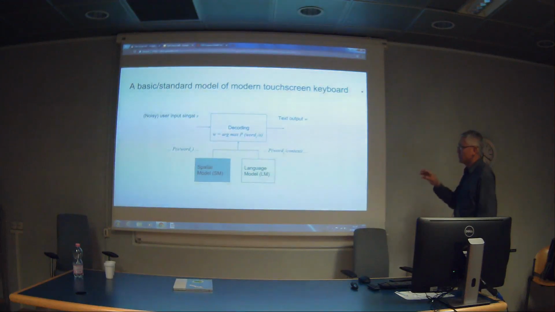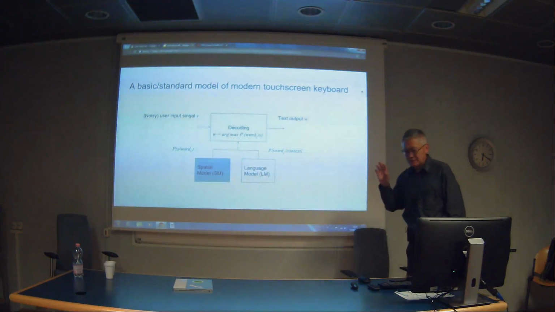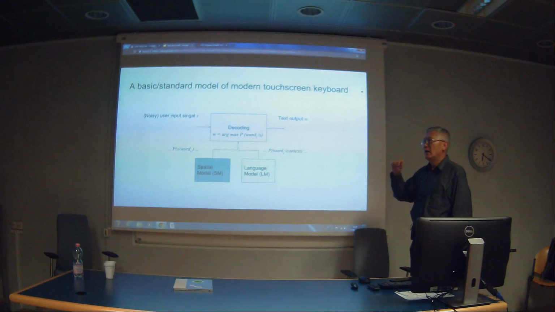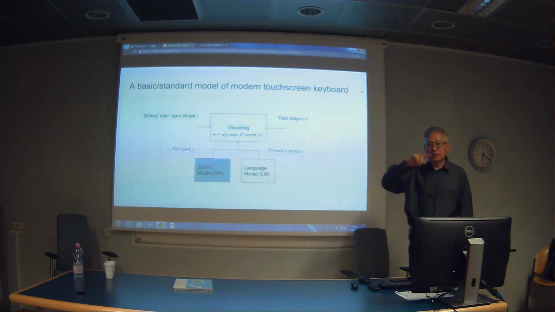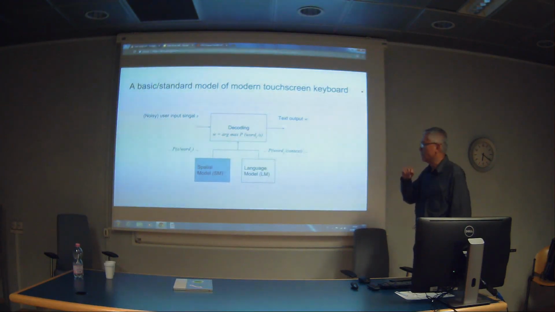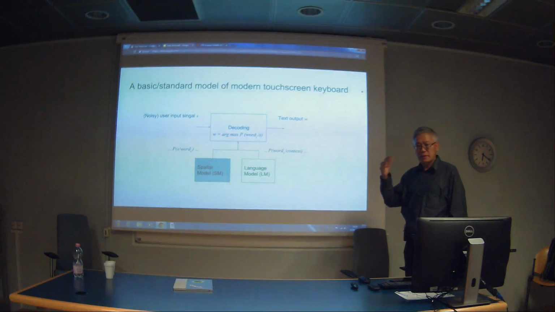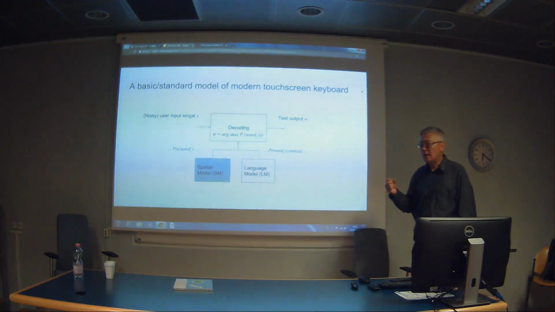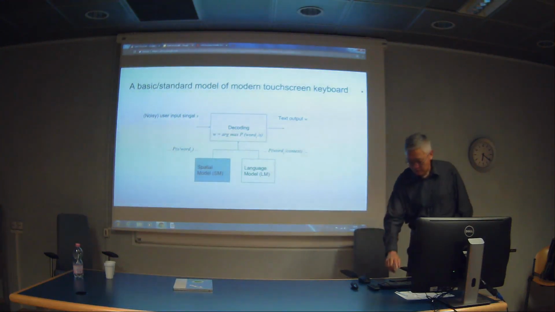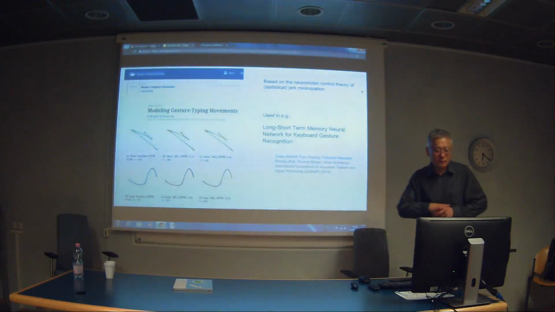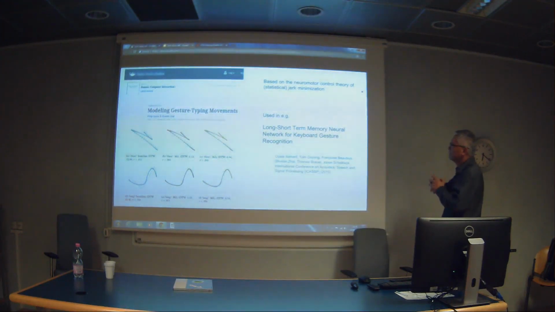So back to the spatial model. I talked a little bit about the tapping keyboard. I also talked earlier about shape writing, that is the gesture-based keyboard. So what is the model, the spatial distribution of a gesture given a word? That required new knowledge to model. So here we developed a model fairly recently